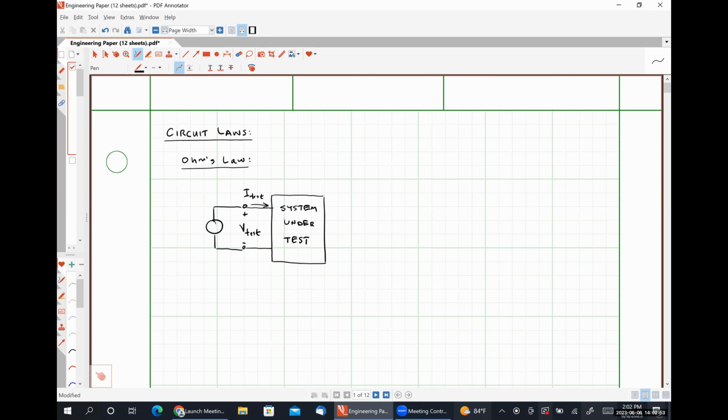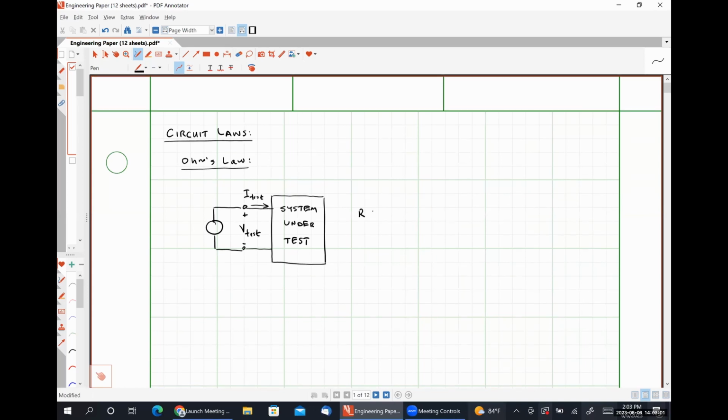And so he developed the relationship: R, the resistance of the system under test, is equal to the ratio of the test voltage